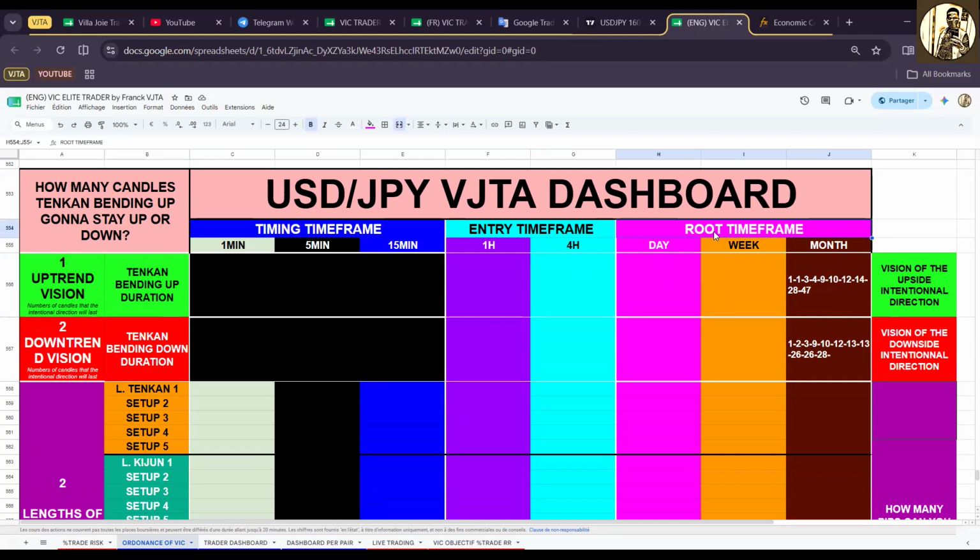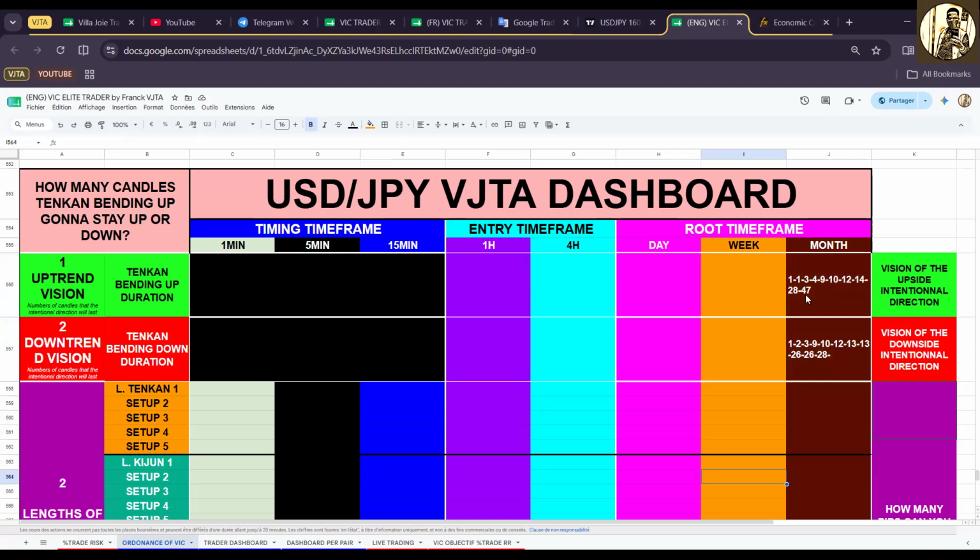And I started with the root time frame. Then you know that you will also do the root time frame, the entry time frame, the timing time frame, like those bottom time frames. But I will only do it for monthly. And what we need to remember is that